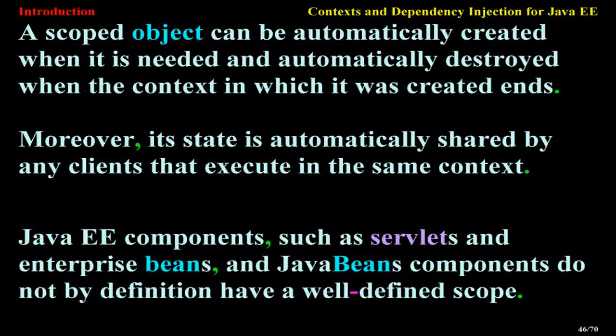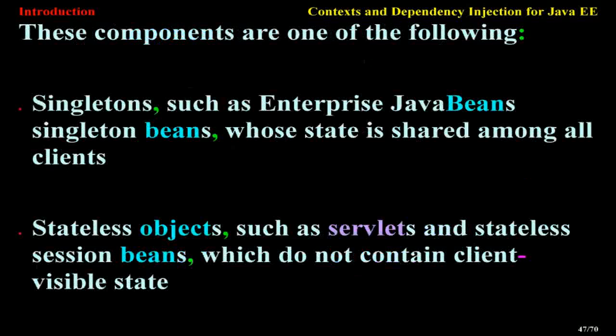Moreover, its state is automatically shared by any clients that execute on the same context. Java EE components, such as servlets, enterprise beans, and JavaBeans components, do not by definition have a well-defined scope. These components are one of the following: singletons, such as Enterprise JavaBeans singleton beans, whose state is shared among all clients;